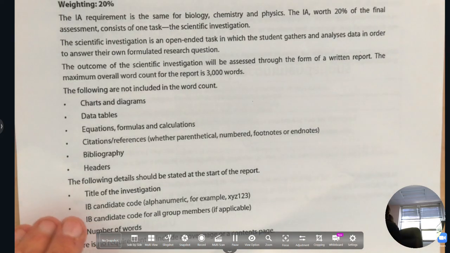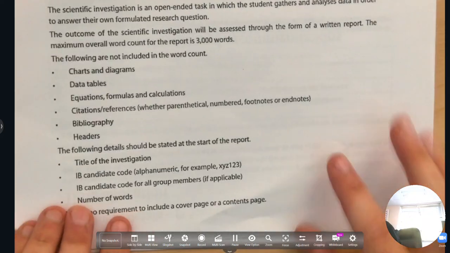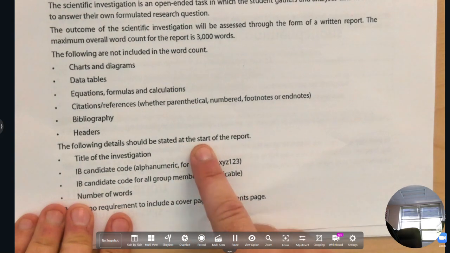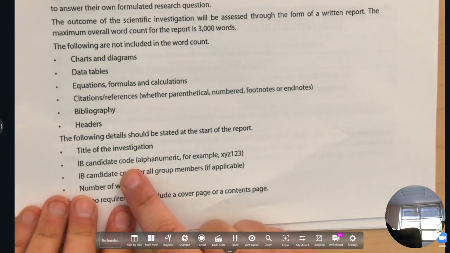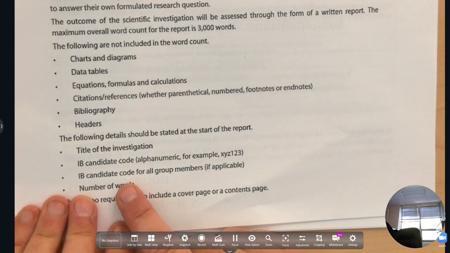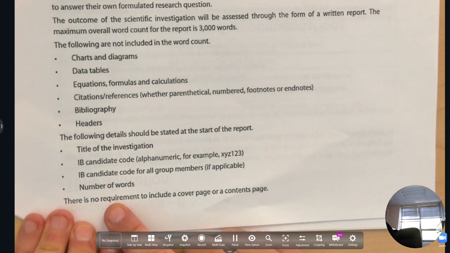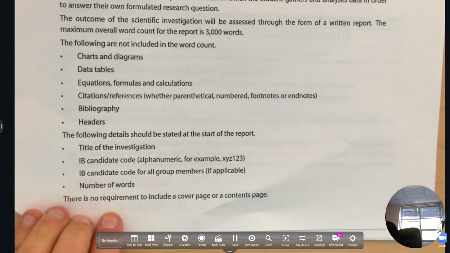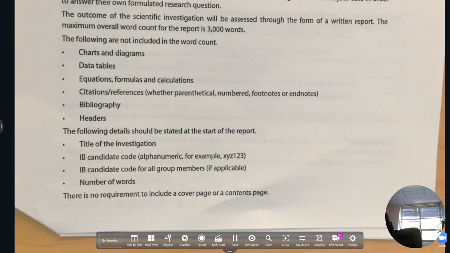I would rather just be like, ooh, number 1, number 2. It's so much easier. Anyways, the following details should be stated at the start of the report. The title, IB candidate code, whatever, they used to not do that. The number of words. There is no requirement to include a cover page or a contents page. That's different from the previous